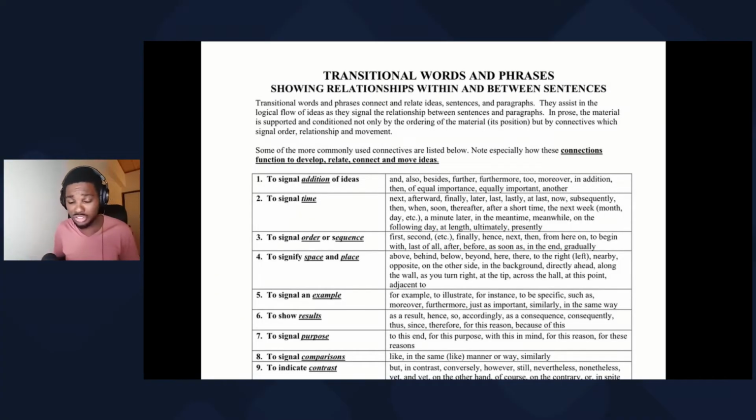So today we're looking at transitions, transitional words and phrases. Transitional words and phrases. As usual, I'm going to link up the resources I use in the show notes, in